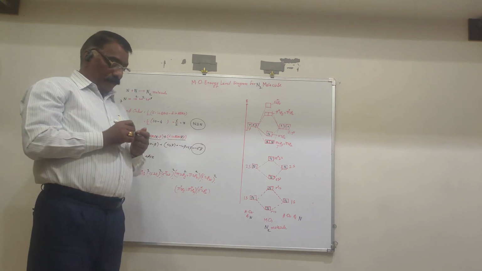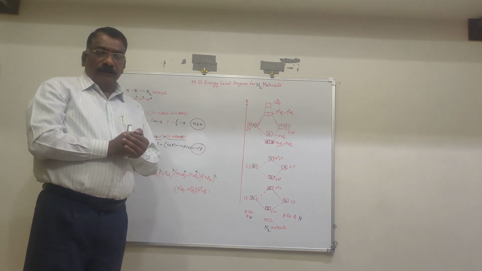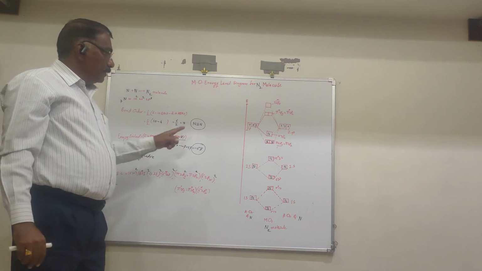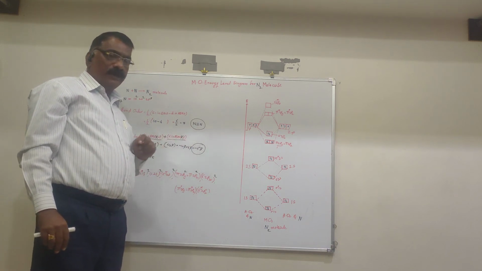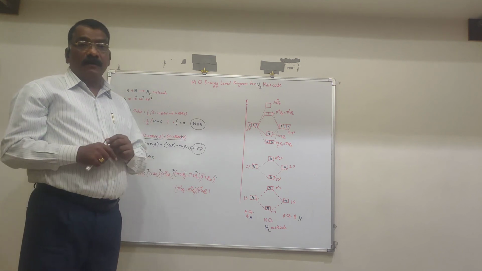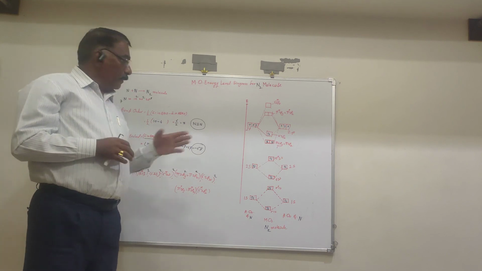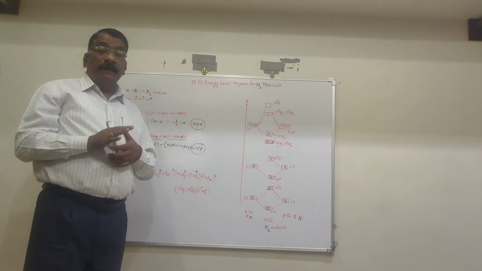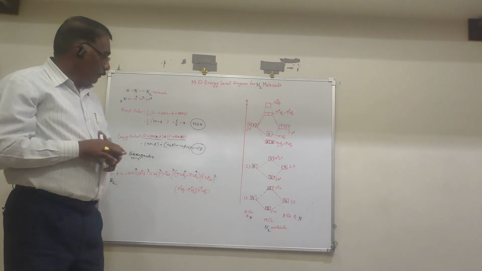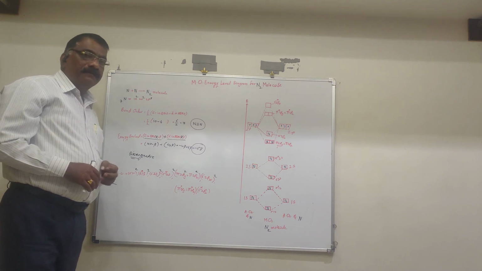Thus we see the MO energy level diagram for the N2 molecule. It shows that there is a triple bond between the nitrogen atoms, and it is stabilized by minus 6 beta amount of energy. Thus there is a strong bond between the nitrogen atoms, and this makes nitrogen inert, less reactive. This N2 molecule is diamagnetic.